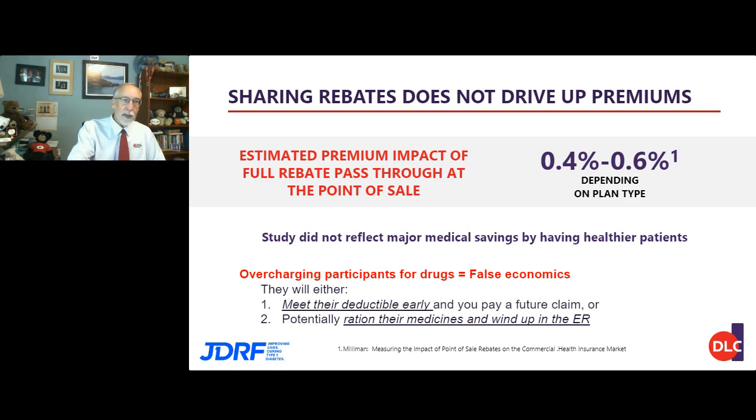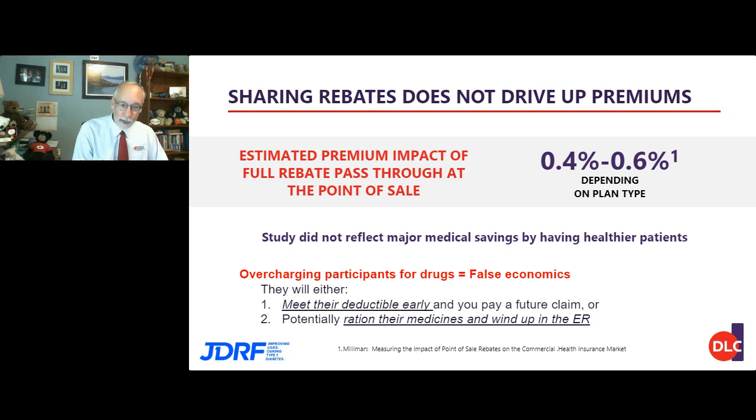So we have an actuarial study that says just passing those rebates through to the patient would increase the overall plan cost by less than 1%, 0.4% to 0.6%. Now, that does not look at having healthier patients on your plan, because if you're inflating the cost of that drug, and you're inflating it by double, you're training people to ration their drugs, to be non-adherent to therapy, and that's not in your best interest. It's certainly not in the patient's best interest, but it's really not in the plan's best interest